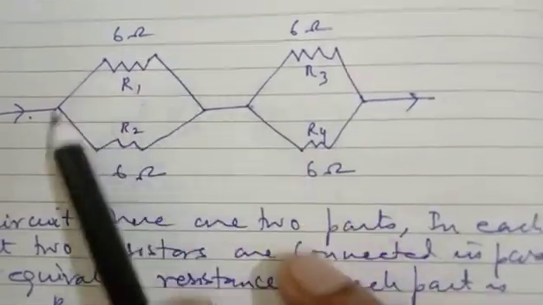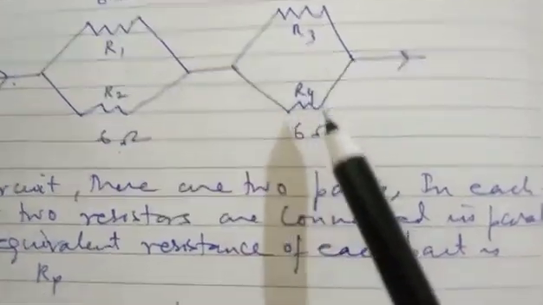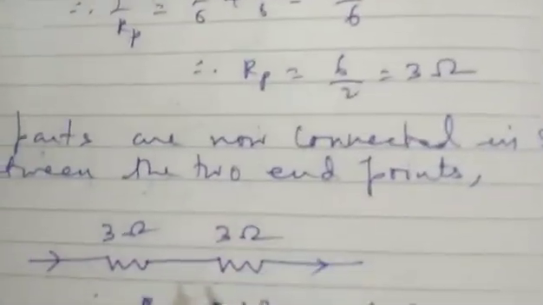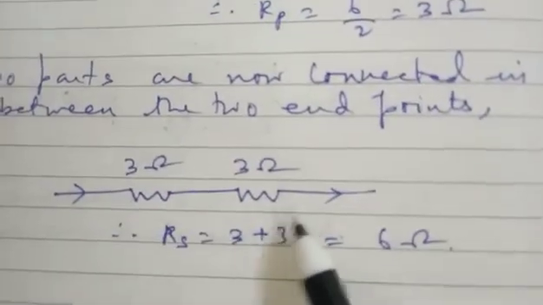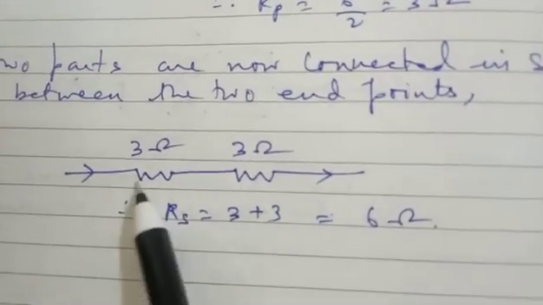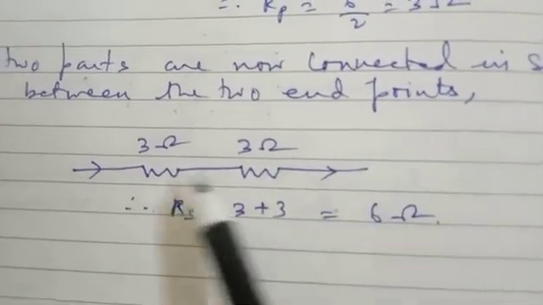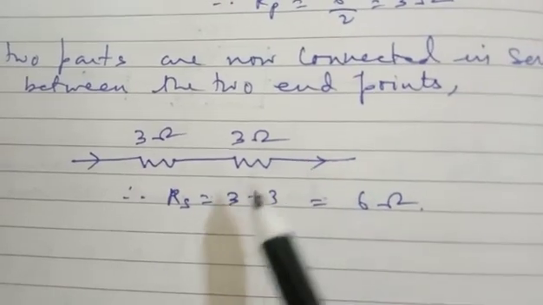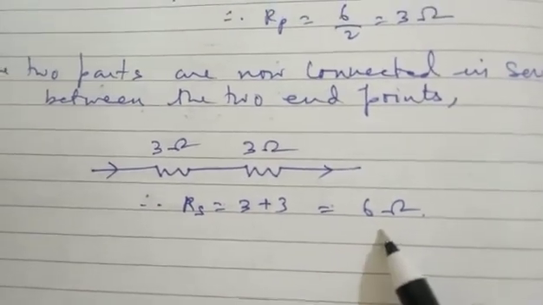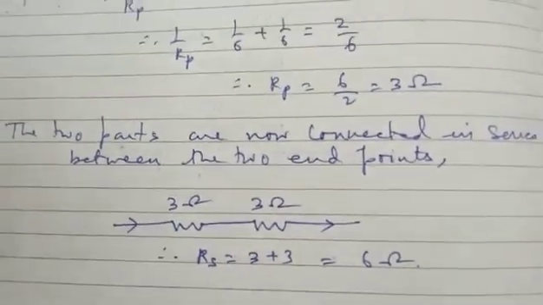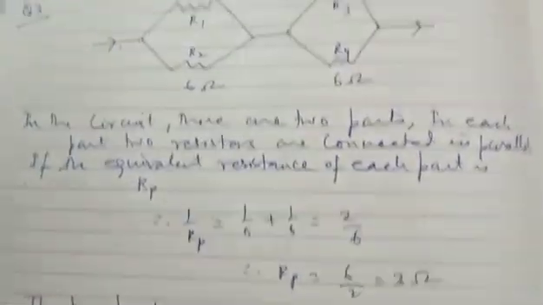Now the answer of the first part and the answer of the second part were connected in series. This is the diagram which is going to make it clear. Now since they are connected in series, we will add up both of them, and the total resistance is coming as 6 ohm. So this is the way we are going to solve some of the questions of the topic